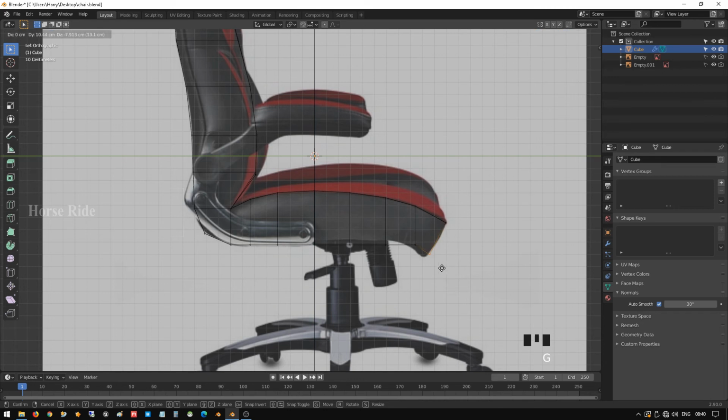Select this G and move like this, press G. Okay, select this, press G, move towards here, select this one, press G, you can move here, select this one, press G, and you can move here. So see, it is like that, press G and move here, press G, you can move it here.